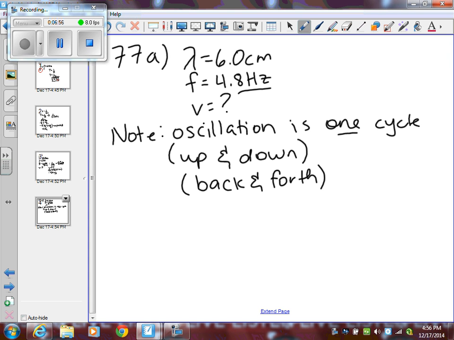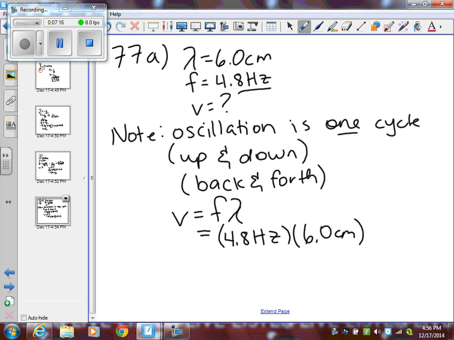This brings us to our equation. In the equation we have, V equals frequency multiplied by lambda, or wavelength. Plug in our numbers. So we're going to have 4.8 hertz multiplied by 6.0 centimeters, which gives us 28.8 centimeters per second, or if we convert that to meters, we have